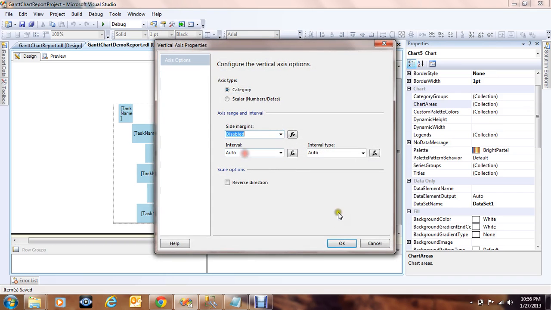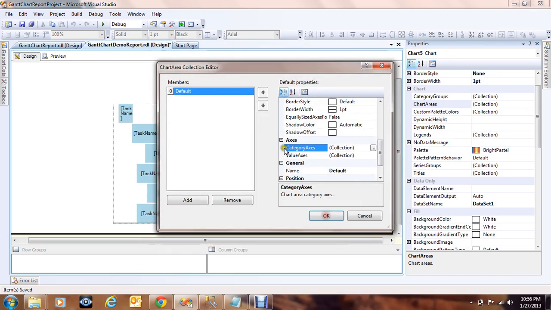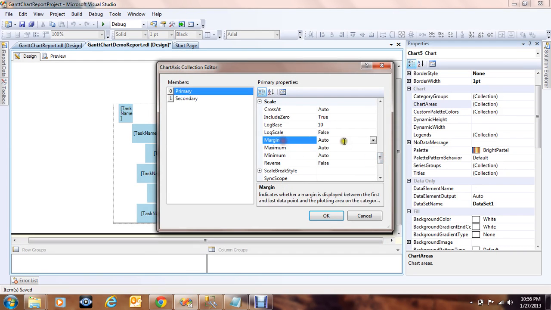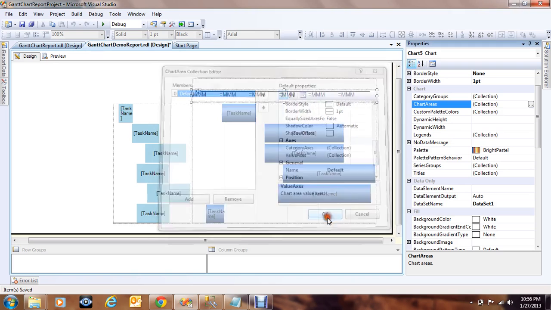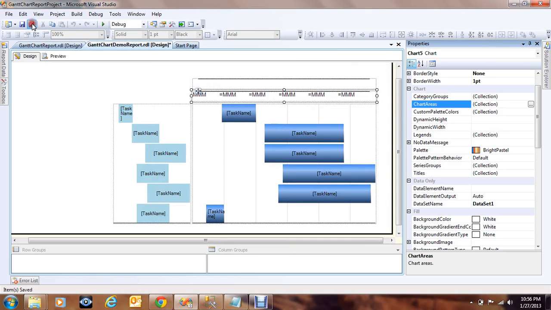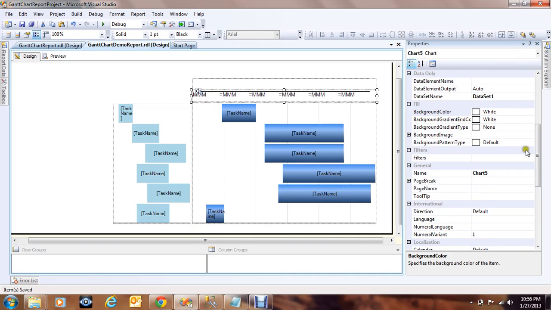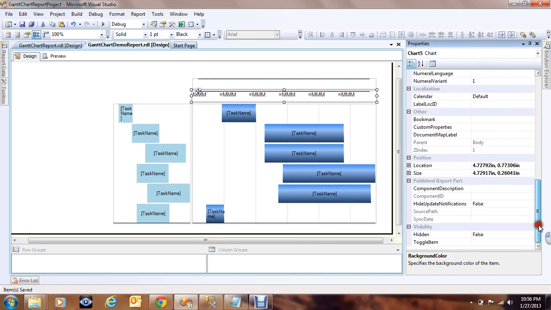Just select disabled, click OK, and go to value axis, scroll down and you can see the margin here, select false, click OK, and you're pretty much there. But the only thing here, as you can see, the horizontal axis is almost to the left, and here there is still some gap. I think that is because of our